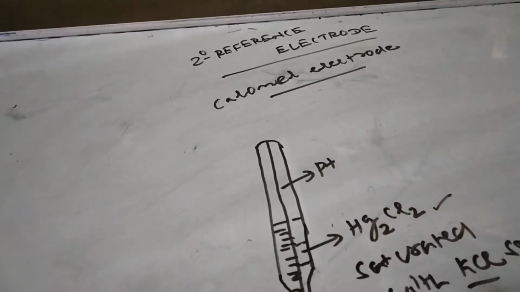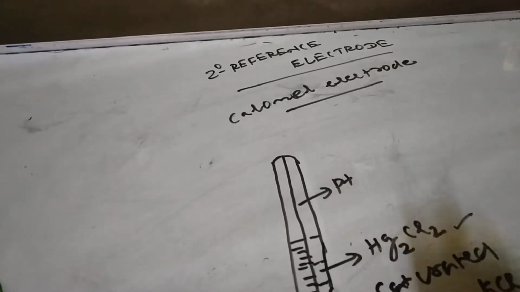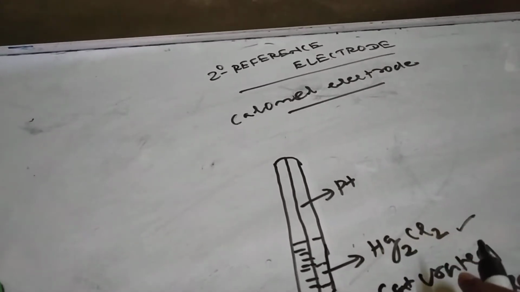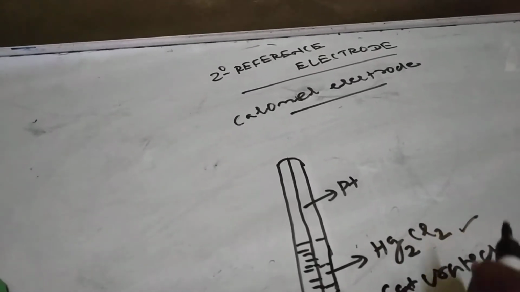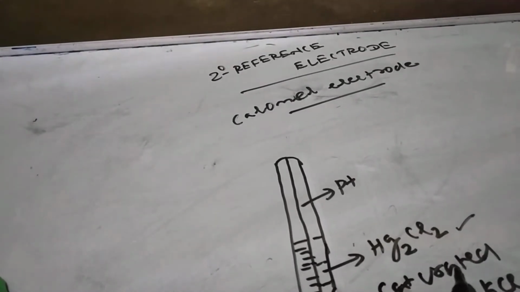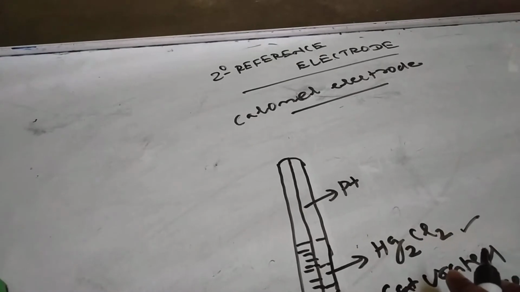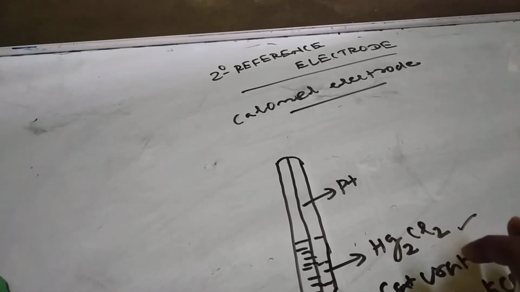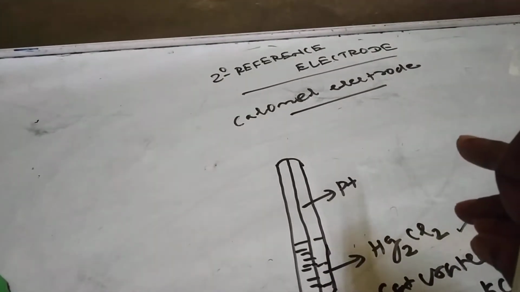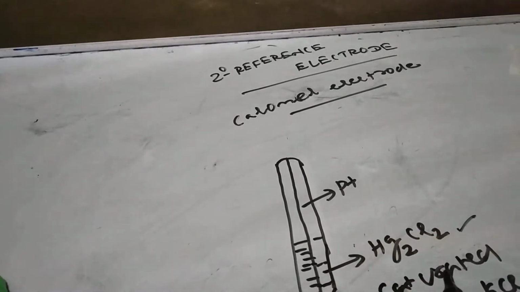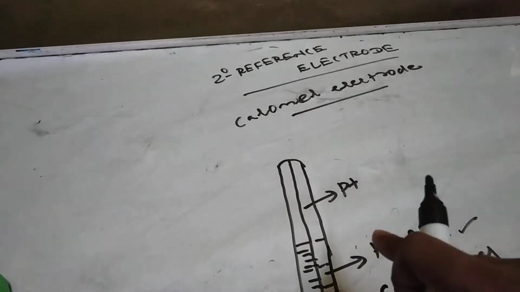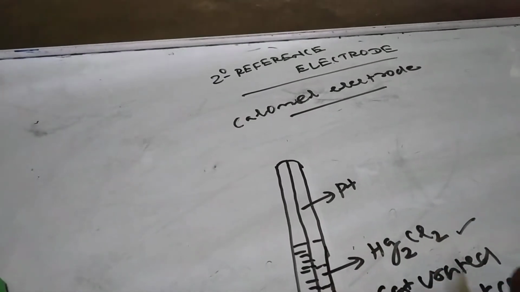As it is a reference electrode, we should know its electrode potential value. Again, as it is a reference electrode, it can be used both as anode as well as cathode. Already in previous classes I have discussed the primary reference electrode, what a reference electrode is, and why it can be used as anode as well as cathode. So directly here, for the secondary reference electrode, I am taking the example of the Calomel electrode, and in it you are taking the platinum and mercurous chloride inside it, which is saturated with KCl solution.